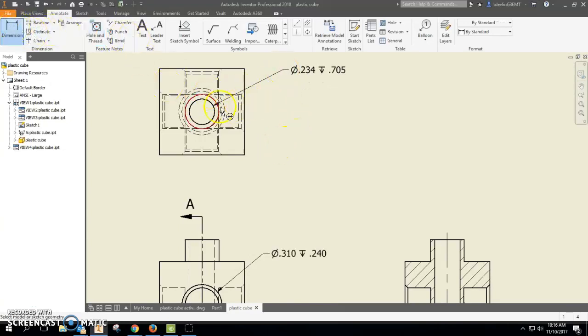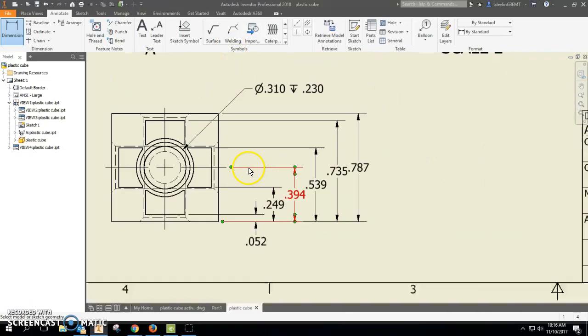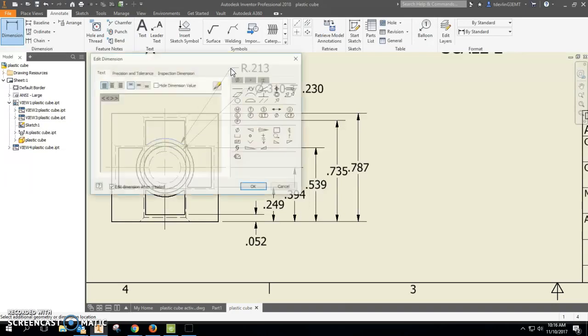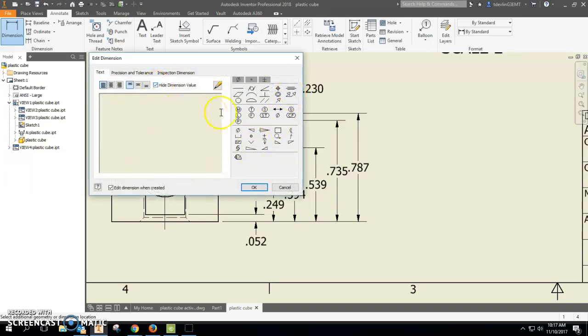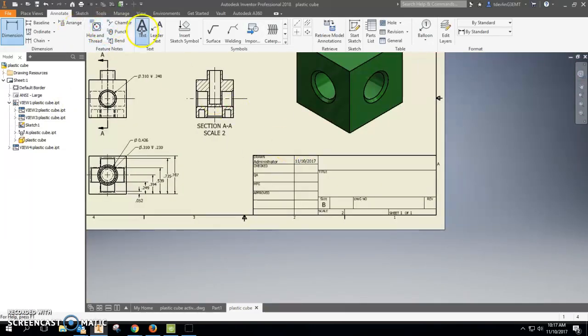And then we use our dimension tool for the other ones that are not holes. And the only problem that you might have with this is when you go down to the outside diameter, it's only going to select the arc. So you're going to place this. So it's giving you the radius, but we can hide our dimension value, diameter, and then put 0.426, which is double what our radius was. And then we click OK, and make sure we get our